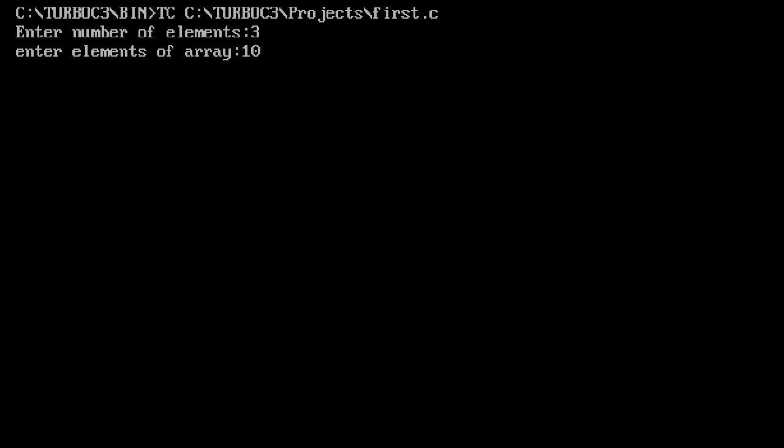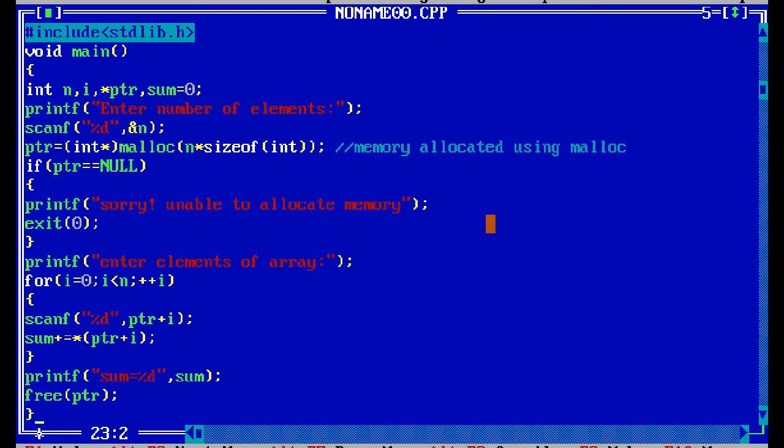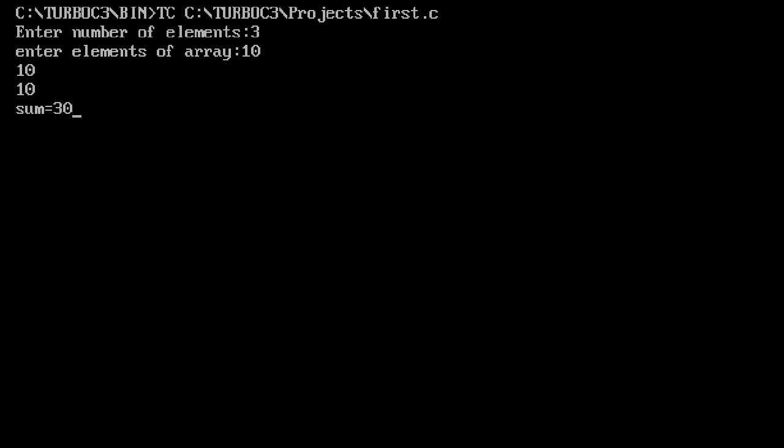The 3 you gave is the size, so now you enter the elements. For the first one I gave 10, the second element also 10, and the third element also 10. Now it should do the addition and print. So it got the first 3 elements, 10, 10, 10, and after addition we are getting sum equal to 30.